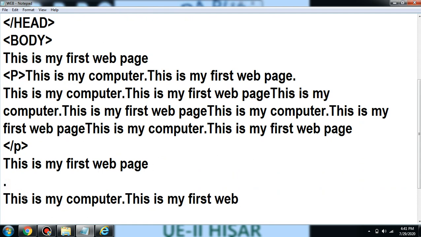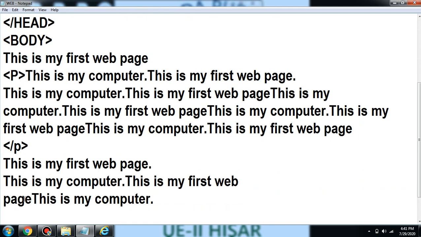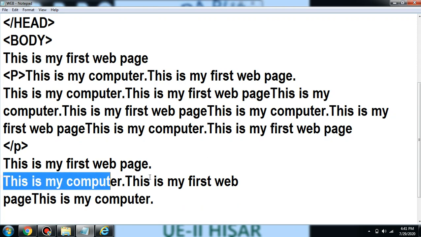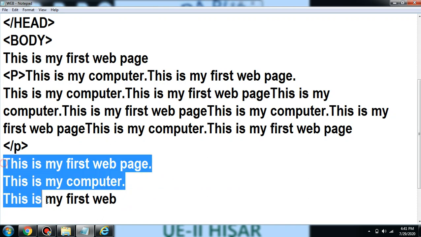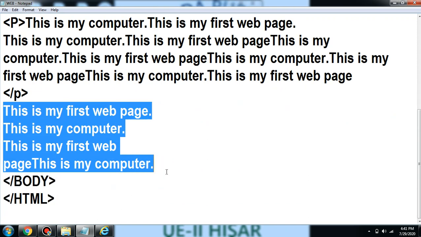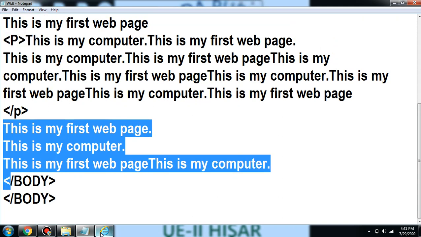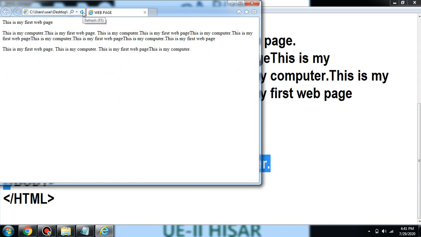Now in this Notepad, this line is coming in the next line. Again I am pressing the enter key. Now in Notepad you can see these are 4 different lines. I have pressed the enter key. I am saving this file. Again I am opening it, refreshing it. You can see what is happening.